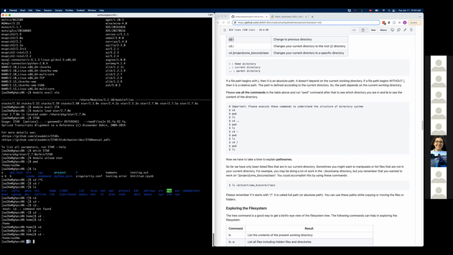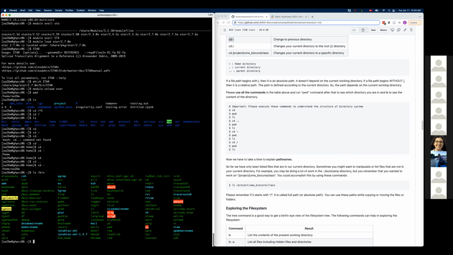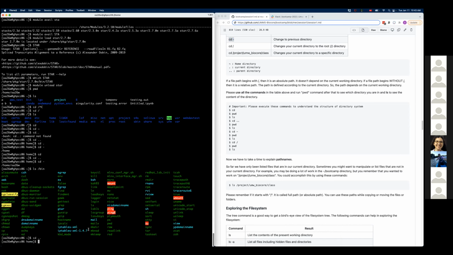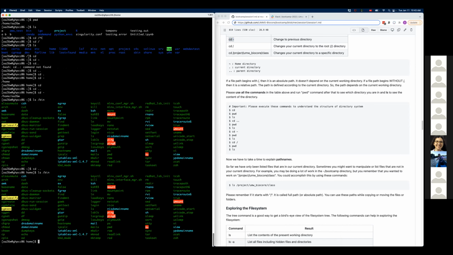So if I am here in home directory, and if I use, for example, bin. So if I want to look at what's in the bin directory in the root, I could do this, and I could go one level up and run the same command. Brings me the same result. Although I was in different locations when running this command, because I used the absolute path to the bin directory in the root folder, I get the same result.